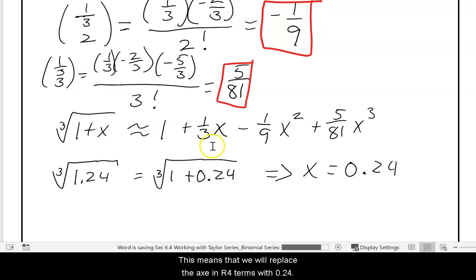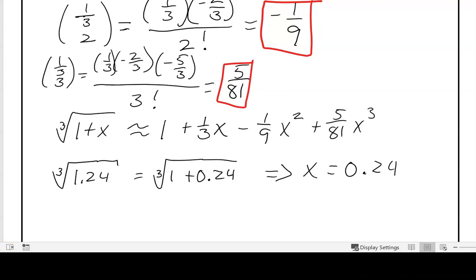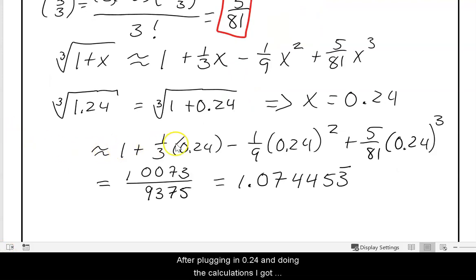This means that we will replace the x in our four terms with 0.24. Go ahead and pause the video, work it out, and turn it on to compare your answer. After plugging in 0.24 and doing the calculations, I got an approximate value for the cube root of 1.24 as